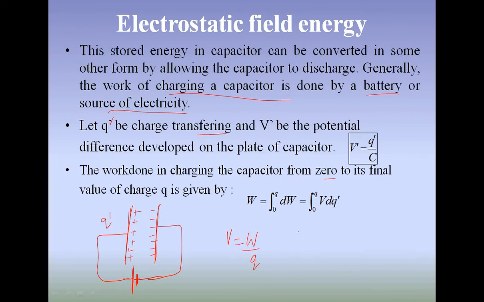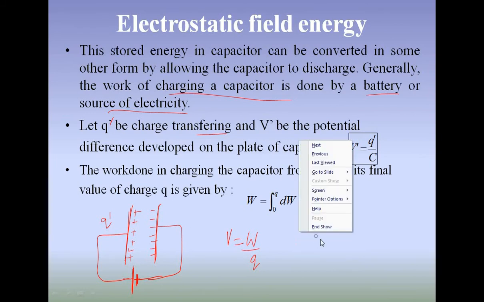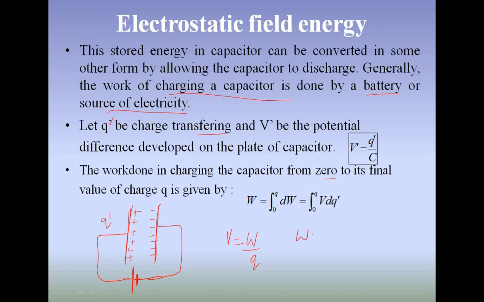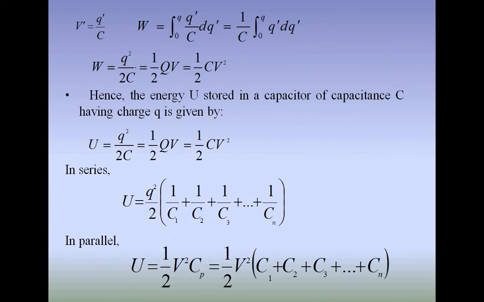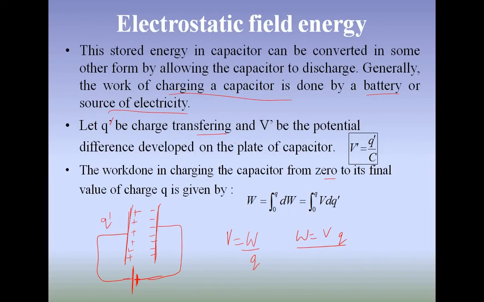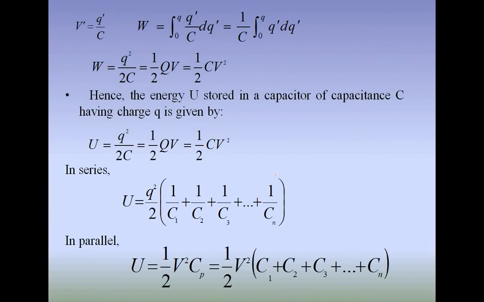So work W is equal to VQ. So dW is V dQ. Okay, and V you know the value, V dash you know the value. So here V dash is Q dash by C. So put the value of V dash, we will have Q dash by C dQ,